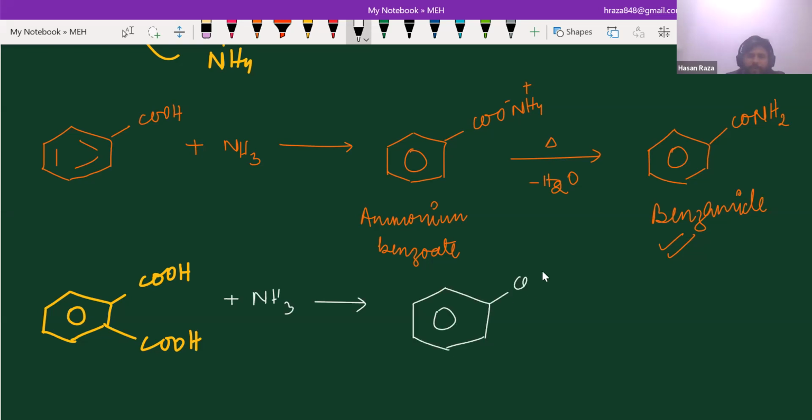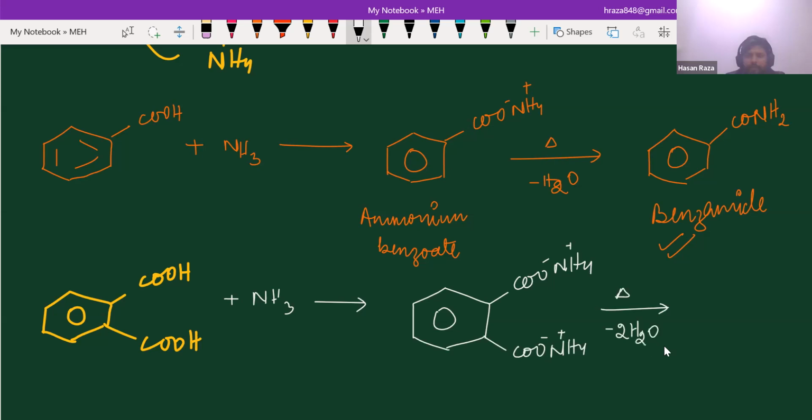It will be C double O minus NH4 positive, and again C double O minus NH4 positive. And if you are going to do heating, then there will be elimination of two H2O,